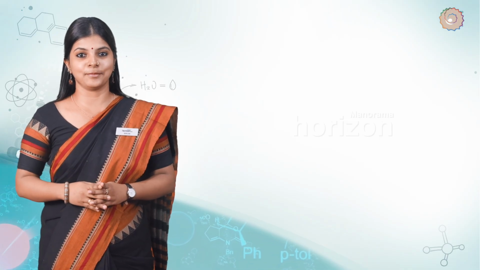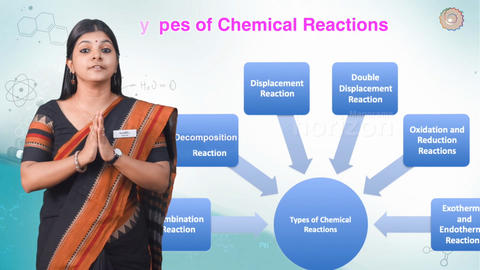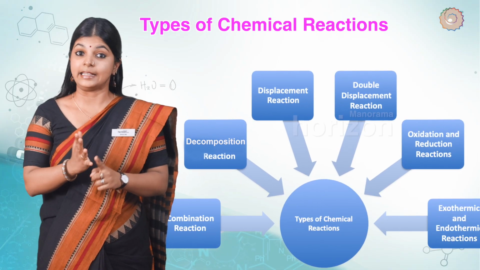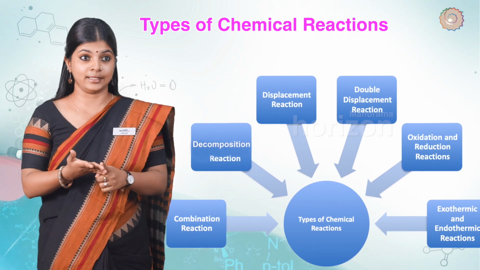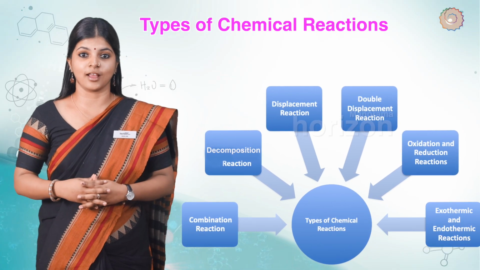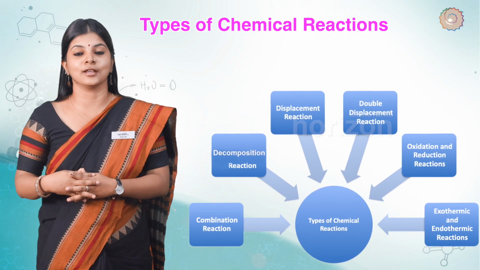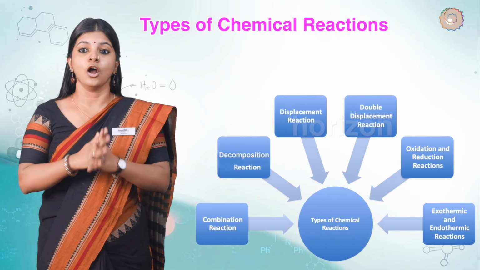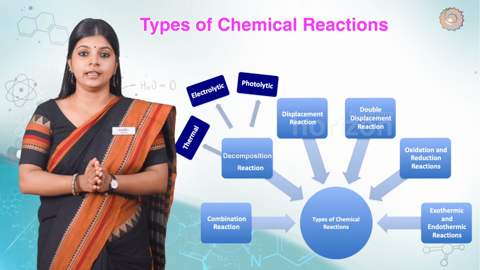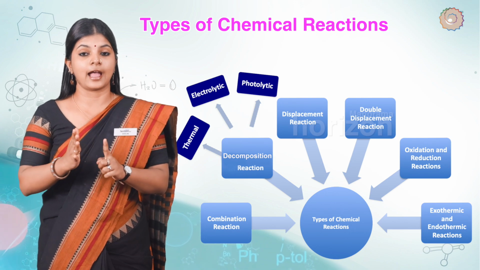Transformation of a chemical substance into another chemical substance is known as a chemical reaction. Let's see the different types of chemical reactions, which include combination reaction, decomposition reaction, displacement reaction, double displacement reaction, oxidation and reduction reactions, and endothermic and exothermic reactions, of which decomposition reactions are further classified into three: thermal, electrolytic and